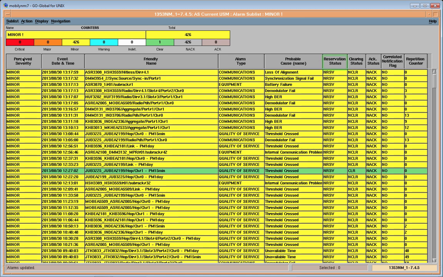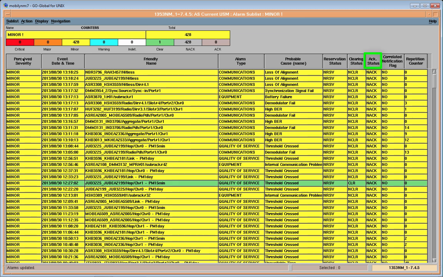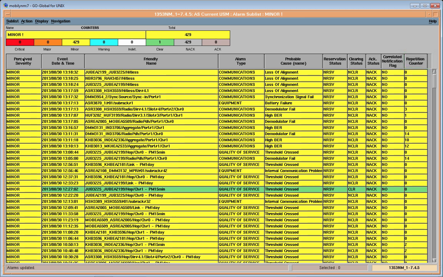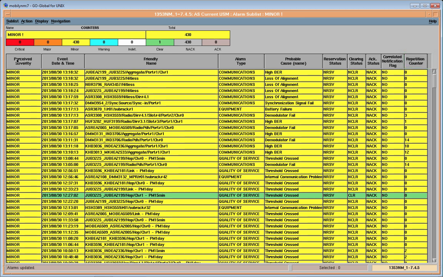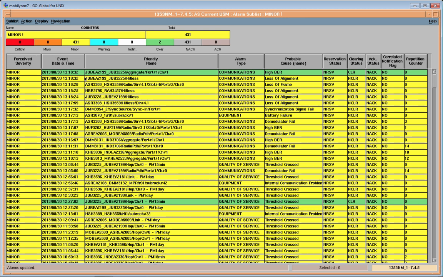Then you have the reservation status, the clearing status, cleared or not cleared, and the acknowledgement status, related notification flag, and the repetition counter. Another thing you can do, if you need, is launch